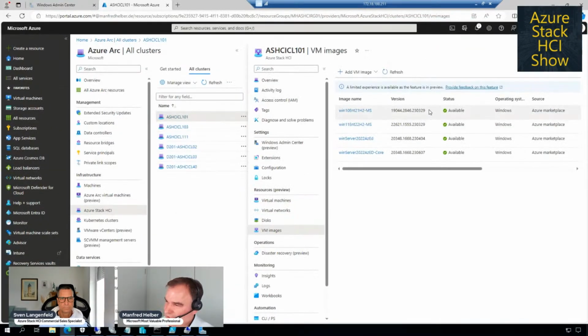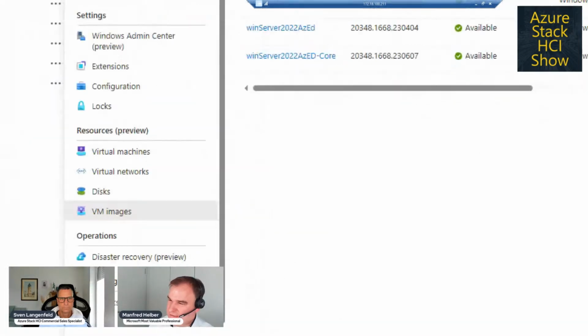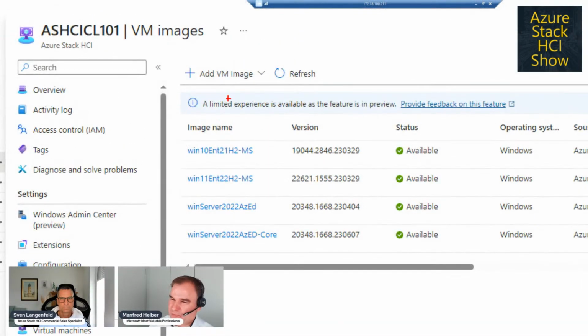And here we can see I have already some of these resources in my Azure Arc Resource Bridge. I have, for example, a Windows 10 image, a Windows 11 image, Windows Server 2022 Azure Edition, Azure Edition Core, and so on. You can read that the resource bridge actually is a preview.